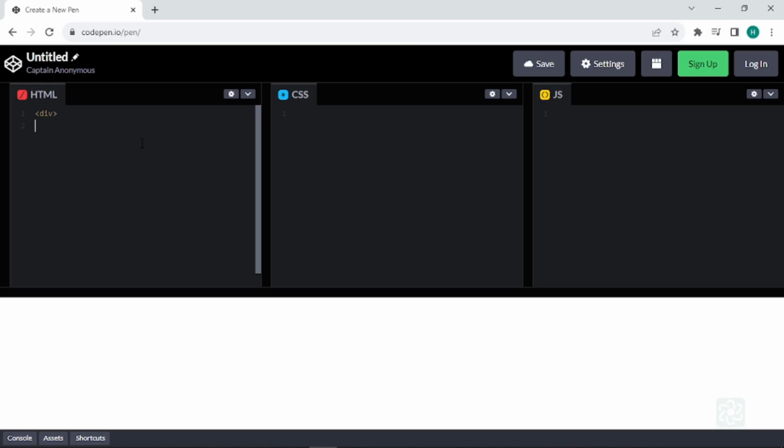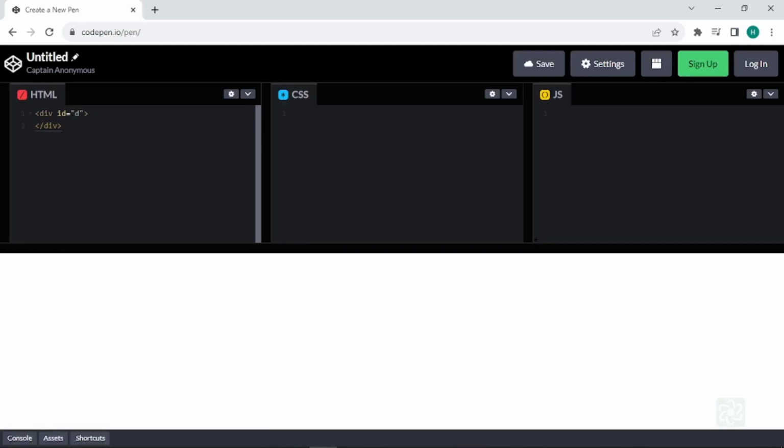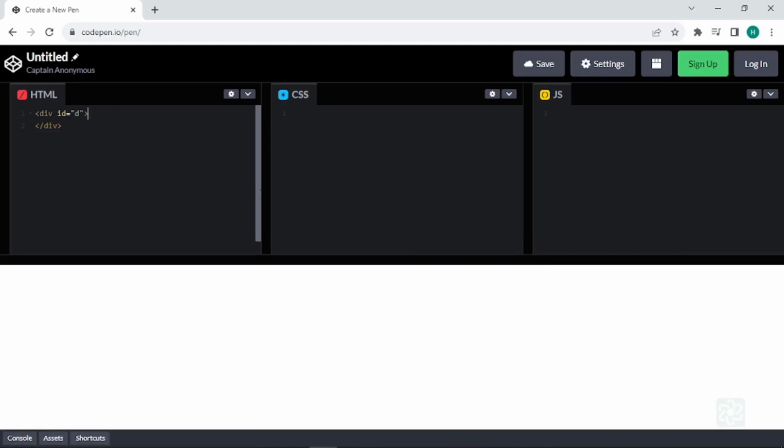And then create a div. Now, what we're going to do is give this div an ID of D, and we want there to be like 25 divs in it. Now, it would be very tedious to write all those divs manually, so